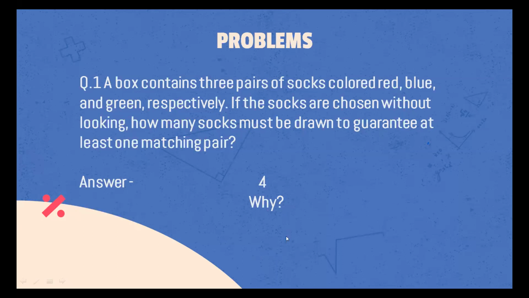Okay, so the socks are put in. What are the possible things that one can pick up when no matching pair is there? One is red, blue, blue, green, and green, red. Okay, so these became 3. But it is saying that there should be at least one matching pair. So after the 3 turns of choosing different socks, there would be only one chance that the person will pick one matching pair.